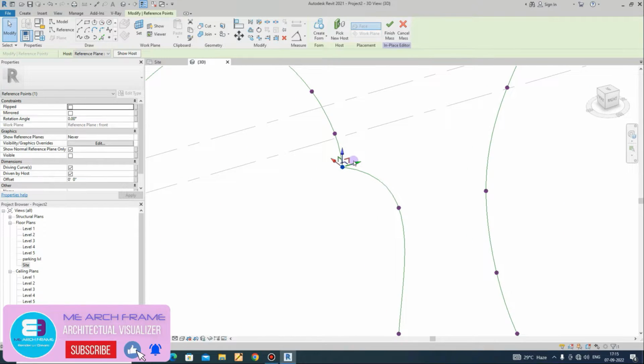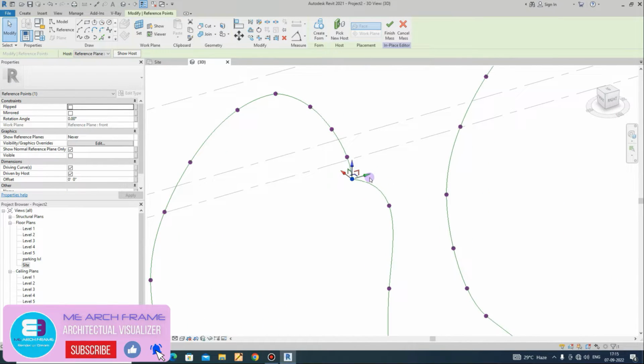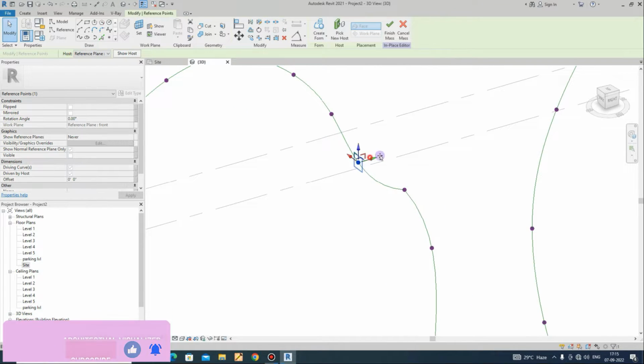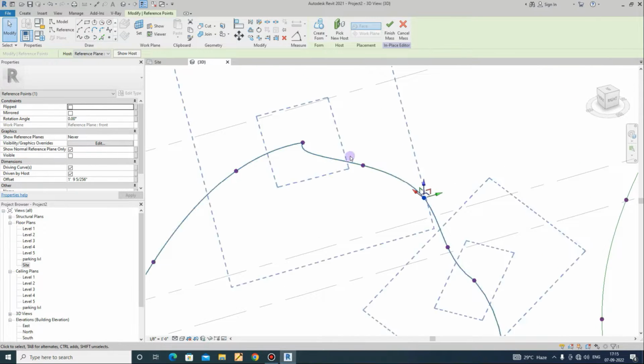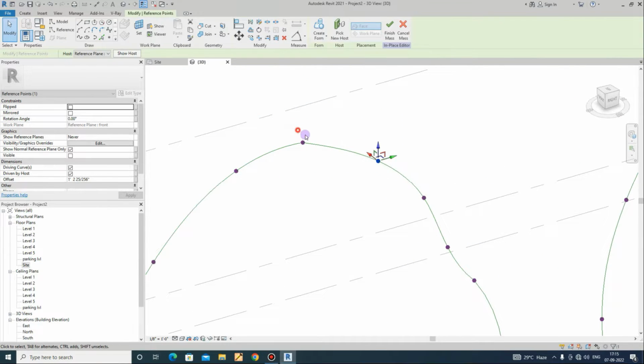and move everything from the straight line because you have to see it on right side view. That's why we will make it like this. Do like this. Make a little bit.